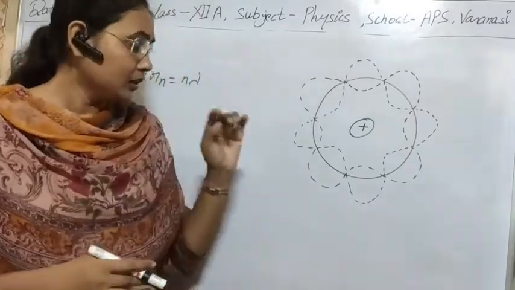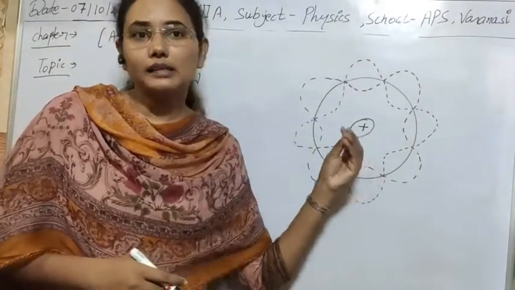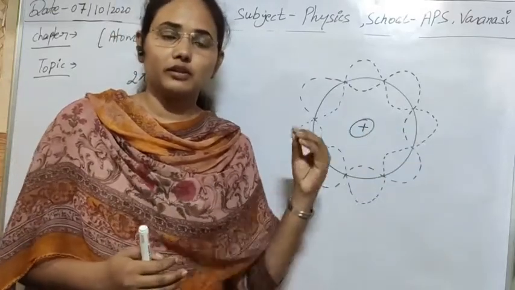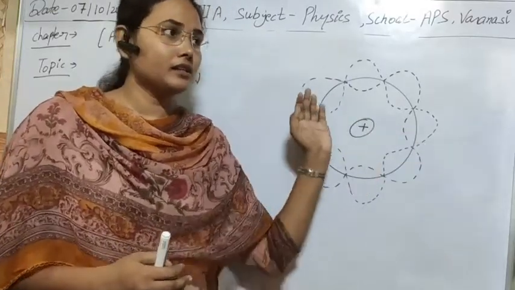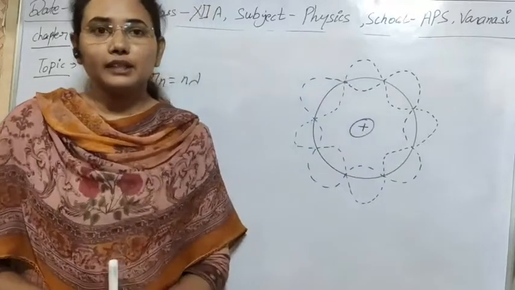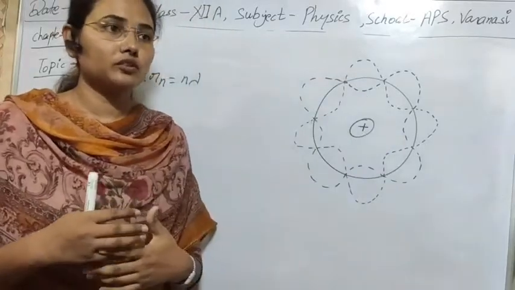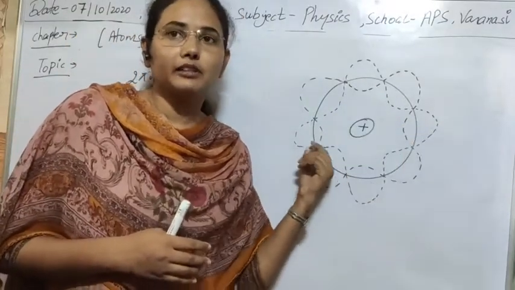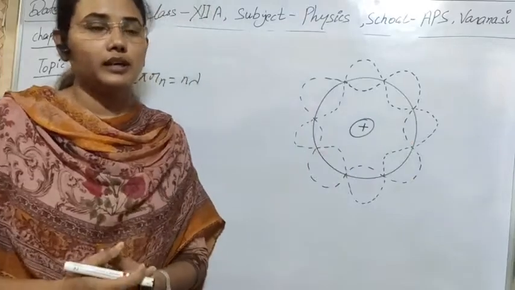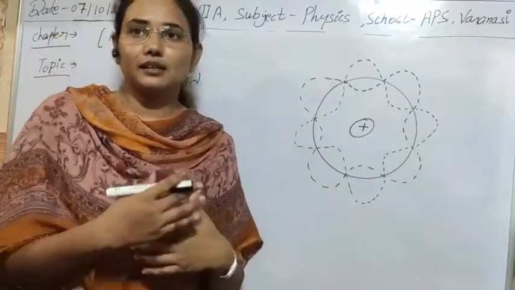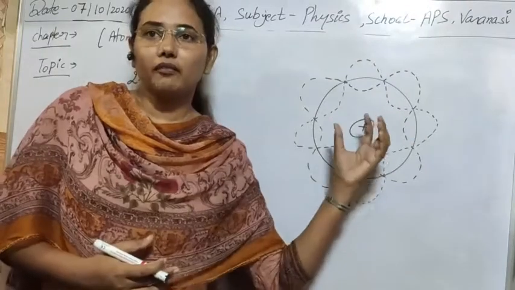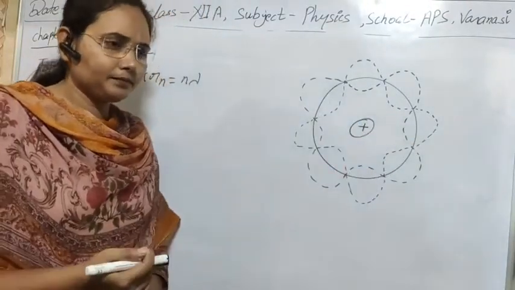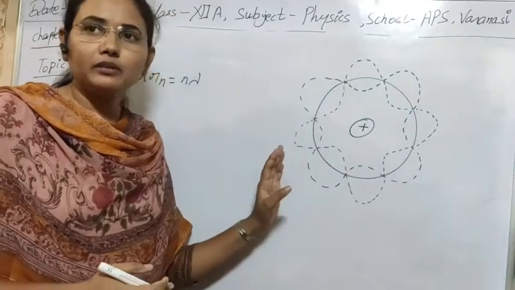In the Bohr model also, the electron is orbiting with a certain velocity in stationary circular orbits. Then definitely, if the electron is moving, there will be a wave associated with it, by the concept of de Broglie, and that way we can easily say that there will be a particle wave for the electron.